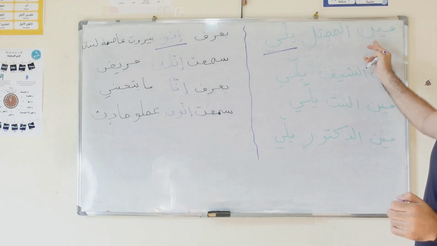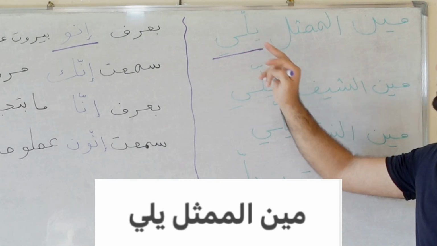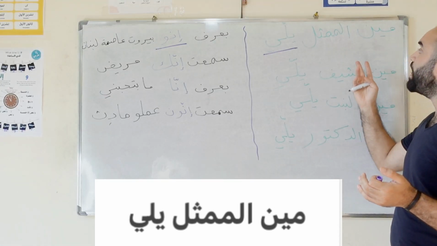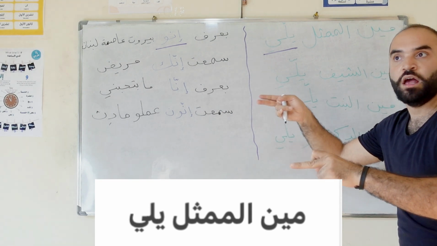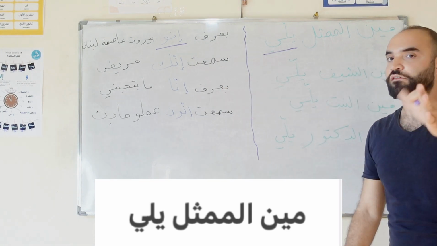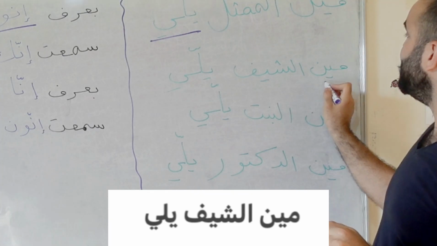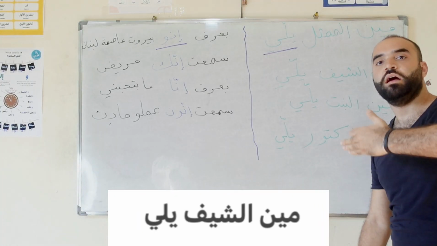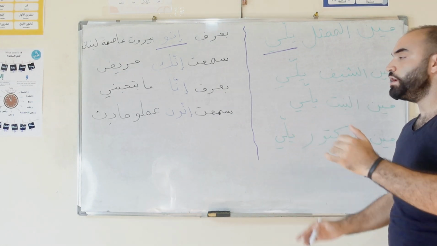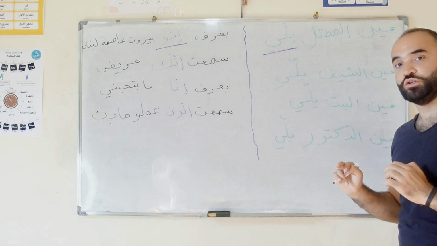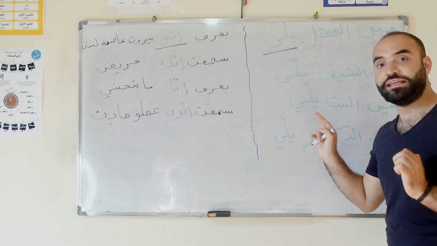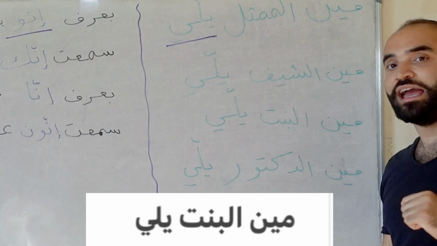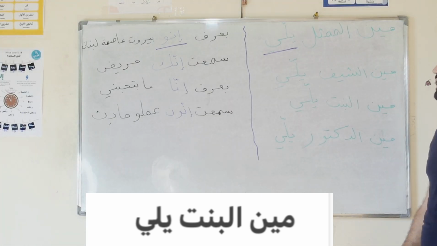For example, مين الممثل يلي؟ We see ممثل, it's a noun. Who is the actor that you were talking about yesterday, for example? مين الشيف يلي طبخ الأكل? Who is the chef that cooked the food? You see, it's always before يلي there is a noun. مين البنت يلي? Who's the girl that